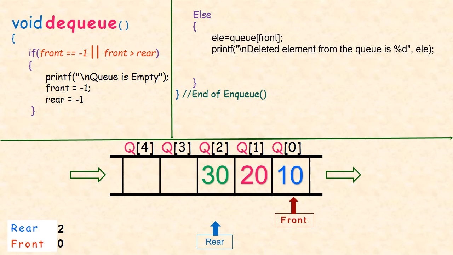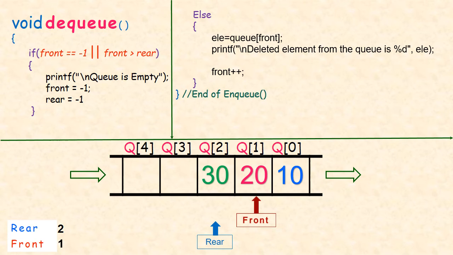See what I am doing is, as I said, I want to delete an element. So before deleting an element, I have to pick and display what element I am supposed to delete. So element is equal to q of front. From the front side we delete. So what is the element pointed to by front? That is q of 0, because front is 0. So q of 0 is the element to delete, so 10 will be displayed. After displaying 10, what will we do? We will increment the front. Okay, so if we increment, front will point to q of 1 now.